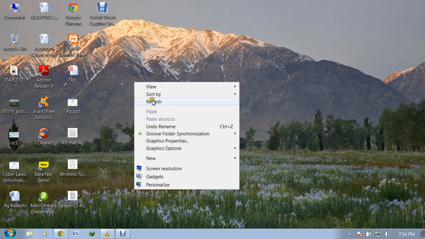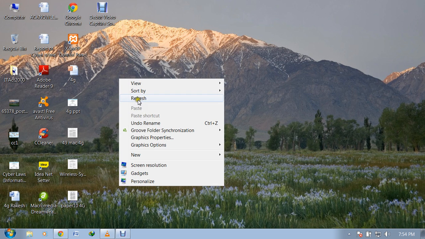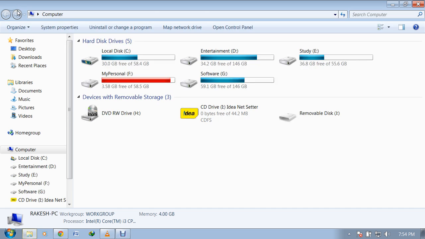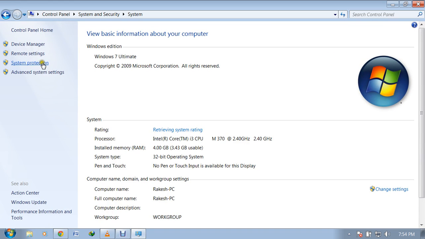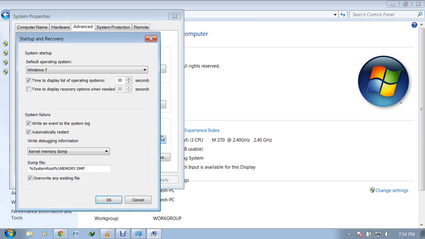To remove an additional account or additional operating system, you have to first go to My Computer and System Properties. After that, go to Advanced System Settings and Startup and Recovery. System startup, system failure and debugging information, advanced settings. Go to advanced settings and